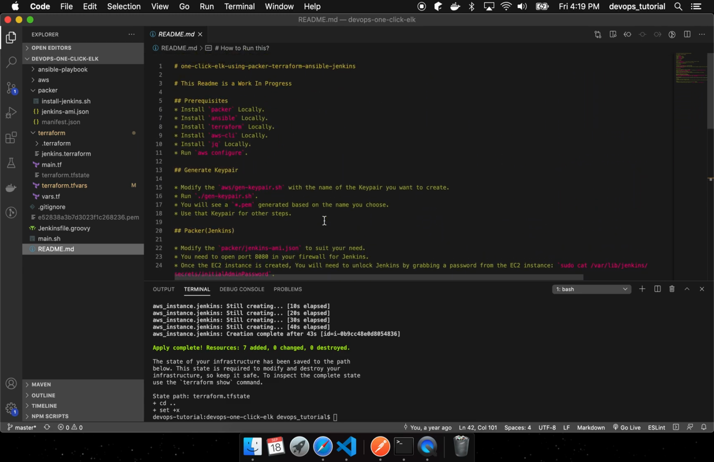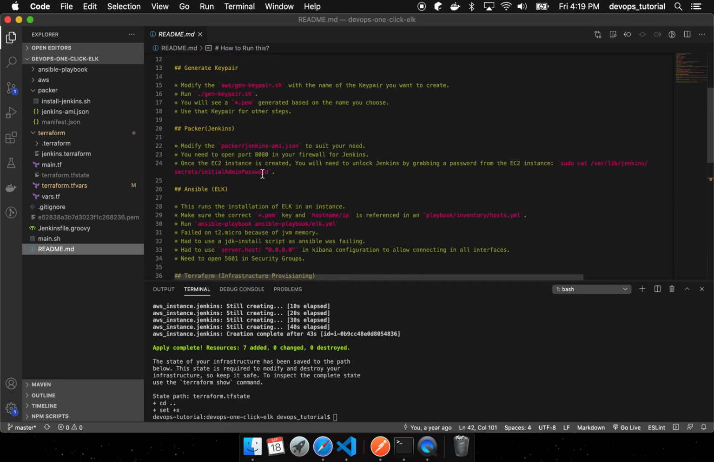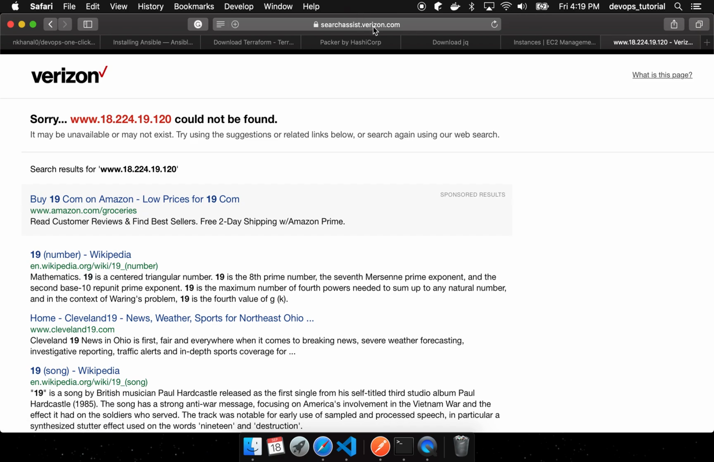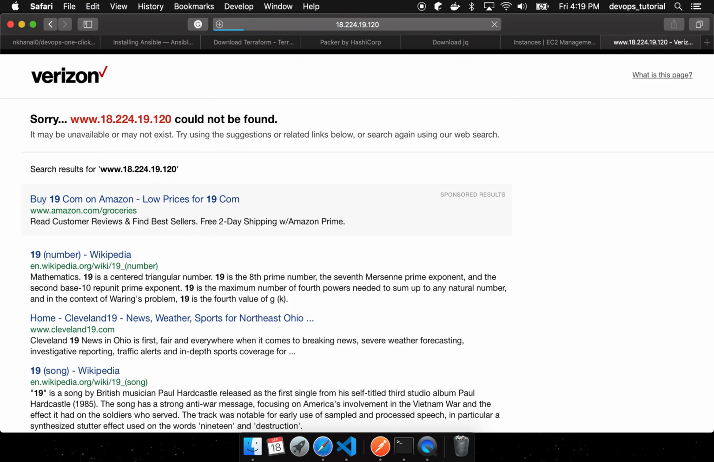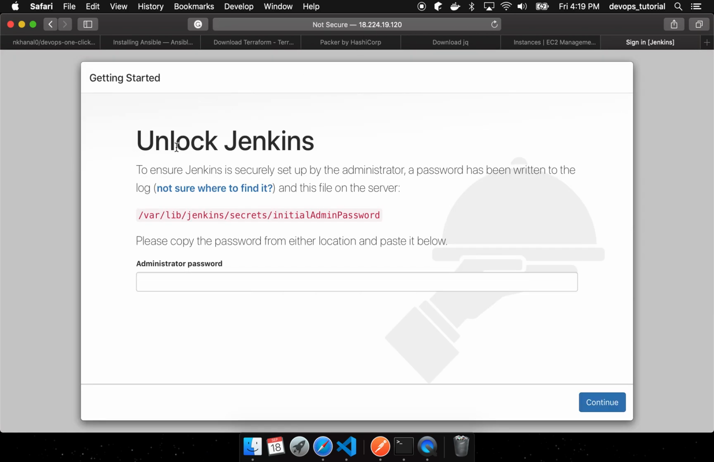Let's see. There might be some port issues. Okay. It's port 8080. That's why. So this is where it should actually run. And there you go. So in order for us to unlock Jenkins, we will need to actually get into the